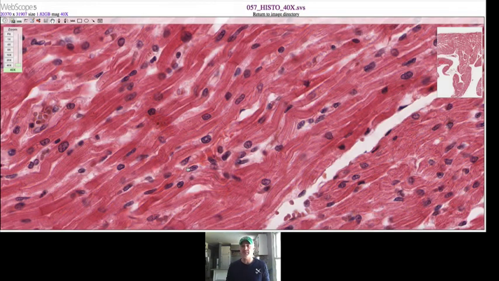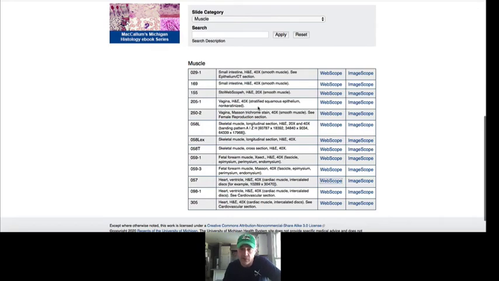So to me, those are the main things to be looking at, and honestly, the things you're going to need to be labeling as you look at the cardiac muscle. Again, knowing where it's at, knowing what it does well, are all things that we talked about before with that type of stuff. So the other slide that we're going to need to take a look at here real quick